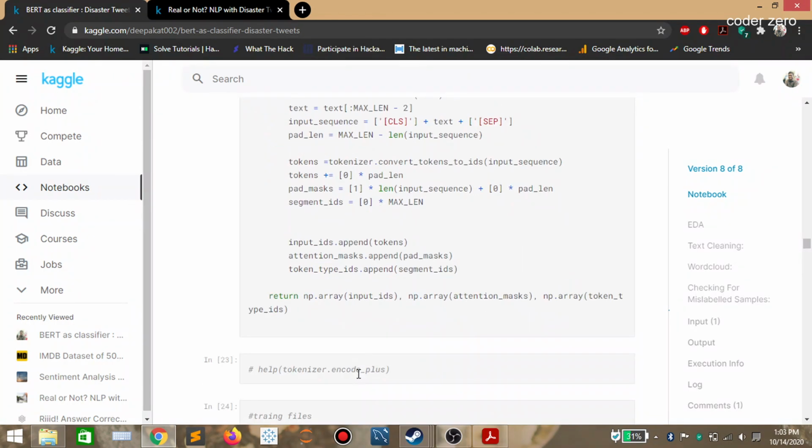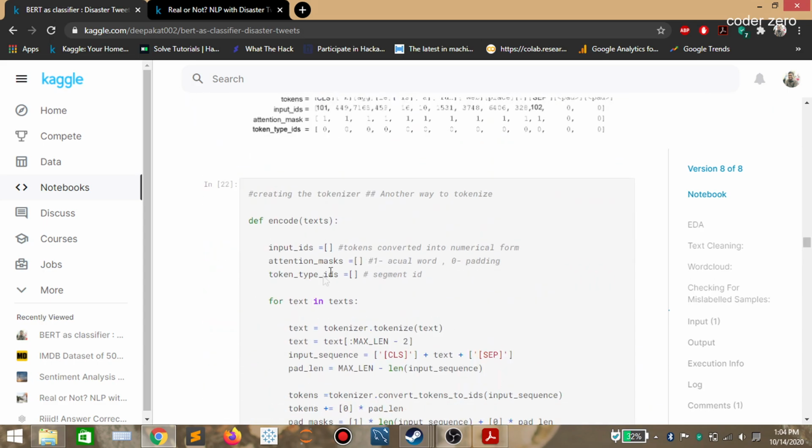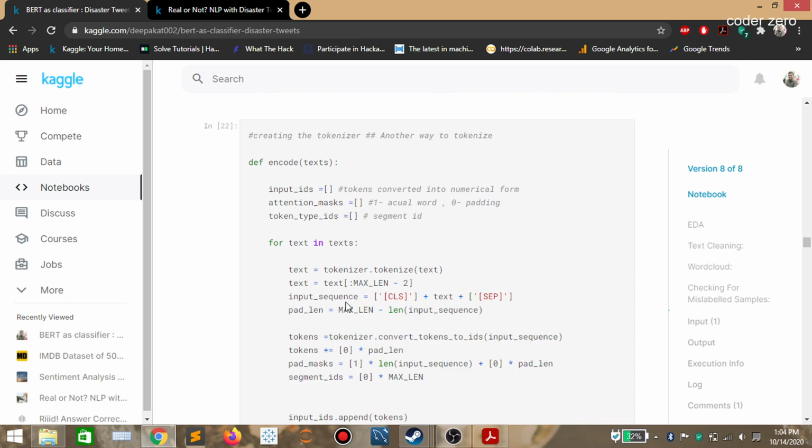After this, we are converting that into a NumPy array. After the conversion, we are returning all values: input IDs, attention masks, and token type IDs. So this is our function for creating encoded text.